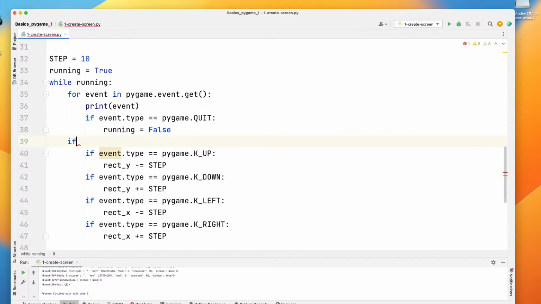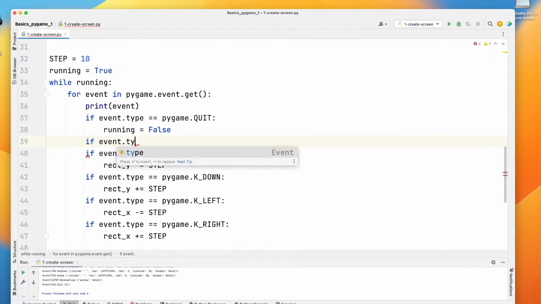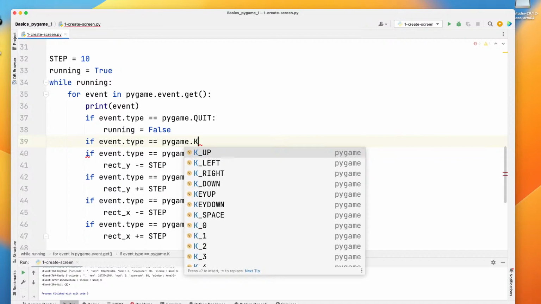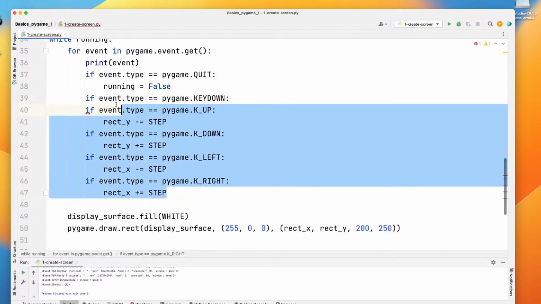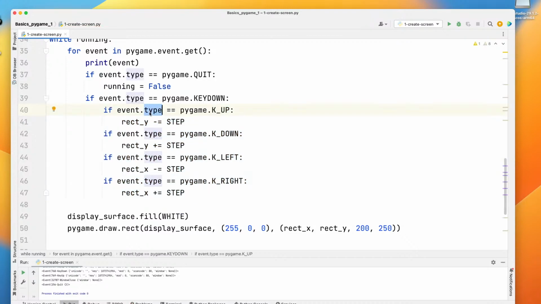If event that type Pygame that is key down, if you press the key, and if the event key